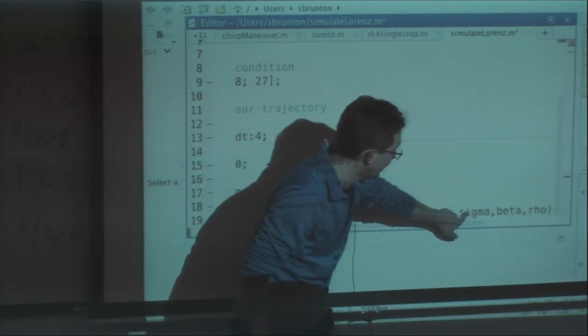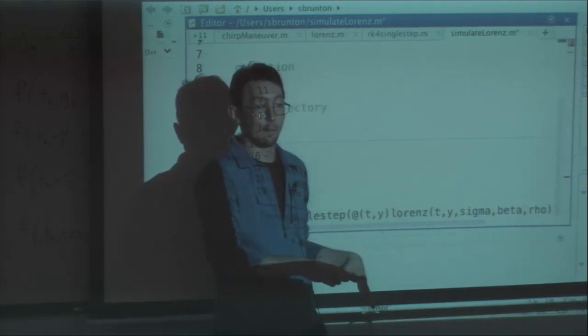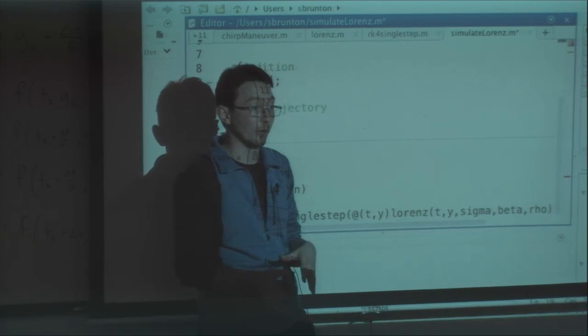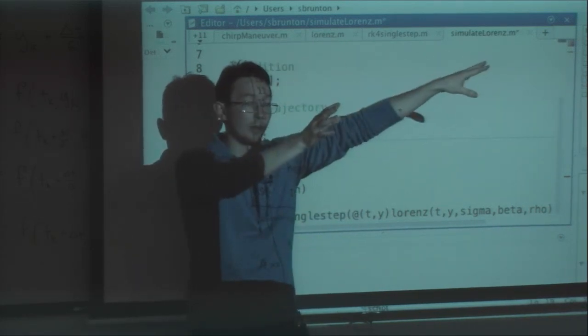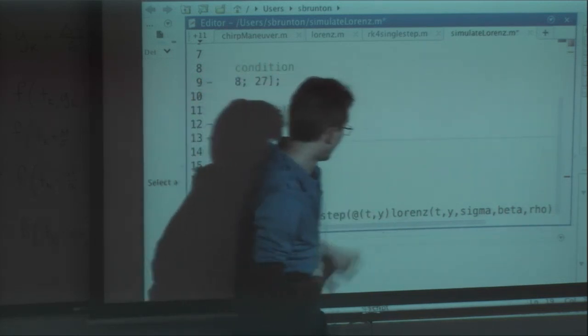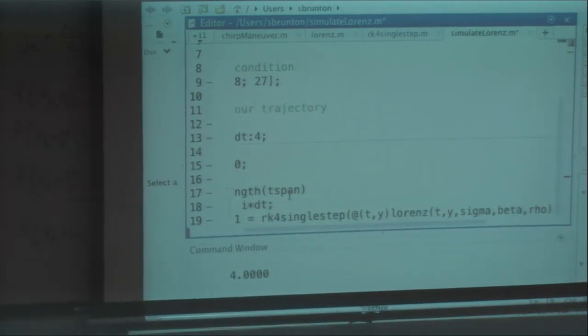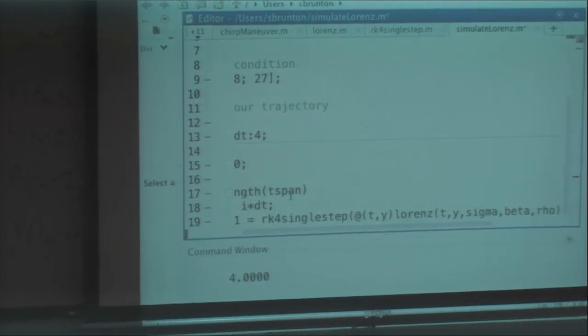And I'm going to lock in sigma beta rho and turn this into just a function of t comma y. Because our RK4 single step integrator that we wrote just takes in a function of t comma y. There's no other parameters. Okay, so we have a function to integrate. This is just like what we would do in ODE45. We would make this function a function of t comma y by locking in sigma beta and rho.